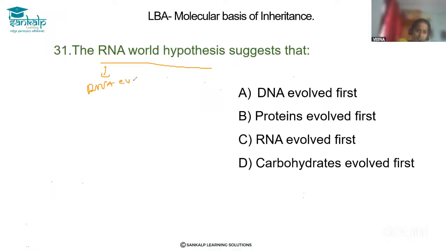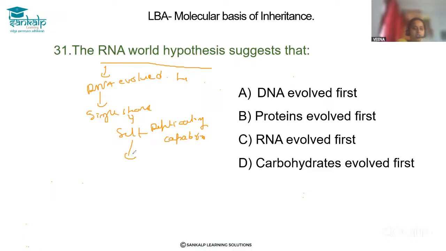RNA evolved first because according to them, RNA has a single stranded structure, and it has a self-replicating capability, and also it has a